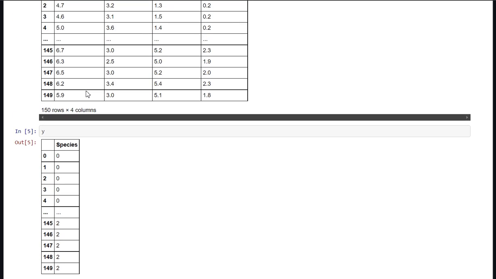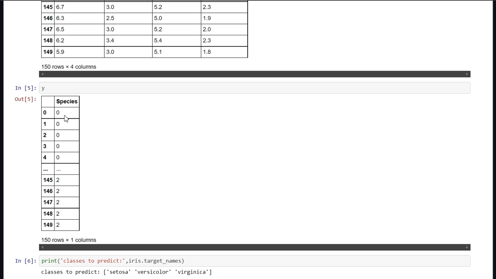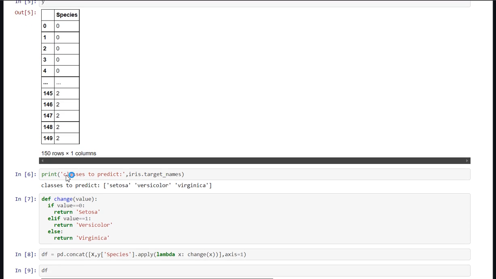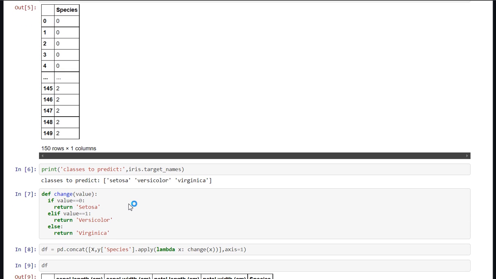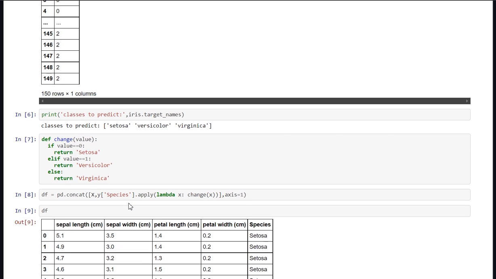If we see our target, which is species, here we have numerical values 0, 1, and 2 for our classes. Now let's convert it into categorical so that we can visualize it clearly. I have converted it here into the classes Setosa, Versicolor, and Virginica.